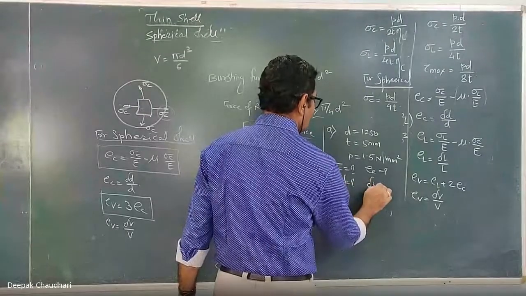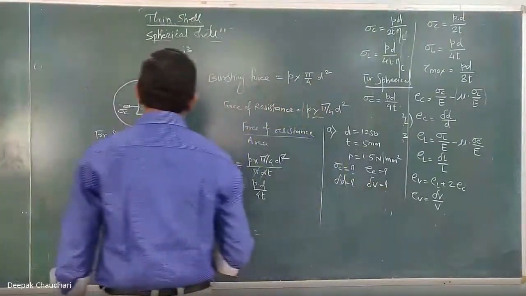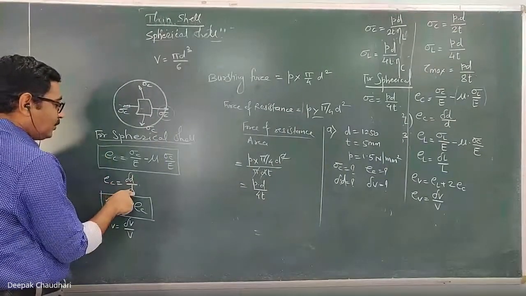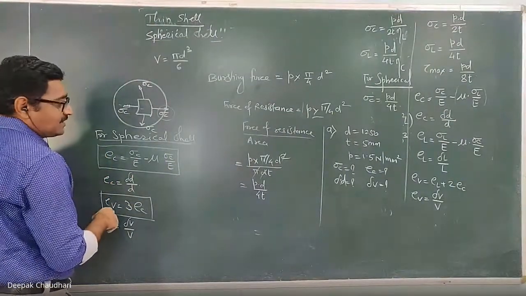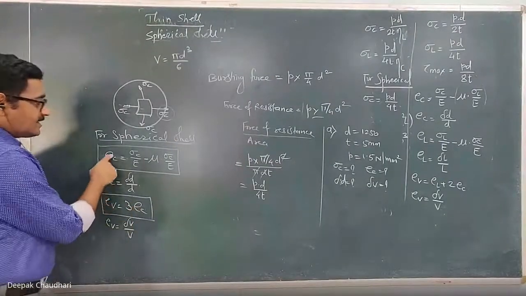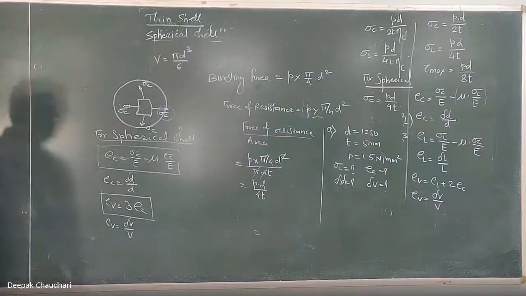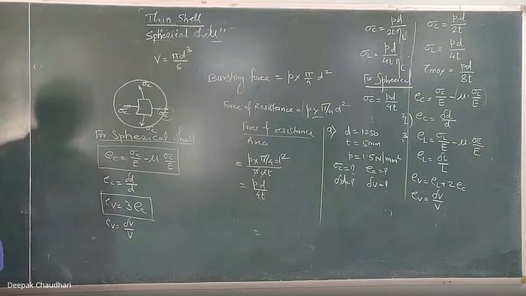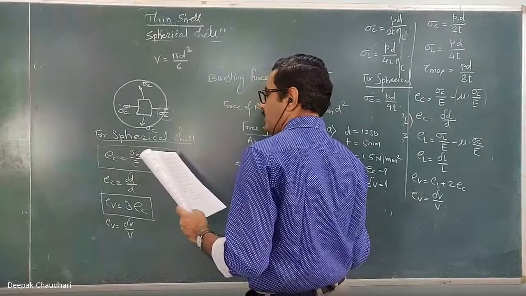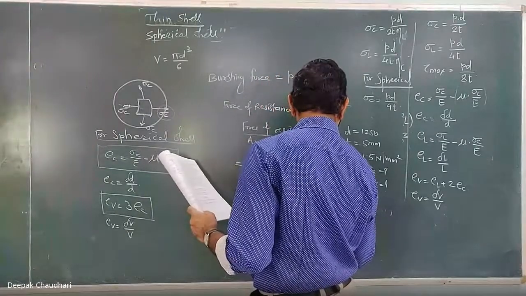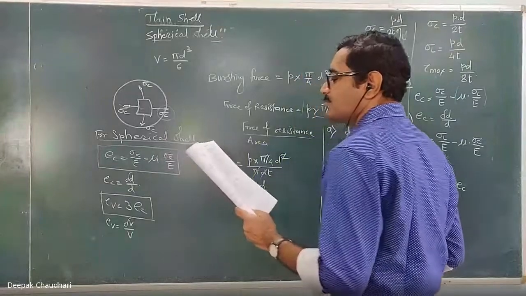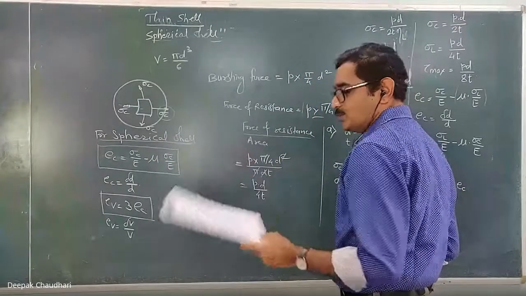and change in volume. To calculate the change in diameter, calculate the circumferential strain and equate it with delta D upon D. From this one, you will get the change in diameter. And calculate the volumetric strain, which is equal to 3 EC. So with the help of this circumferential strain, you can calculate the volumetric strain, and with the help of that volumetric strain, you can calculate the change in volume. Okay, for this sum, take mu equal to 0.25 and E equal to 200 kilonewton per millimeter square.